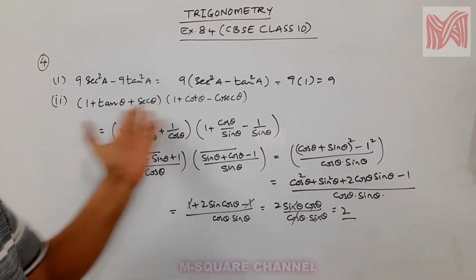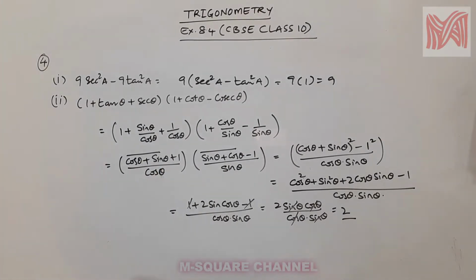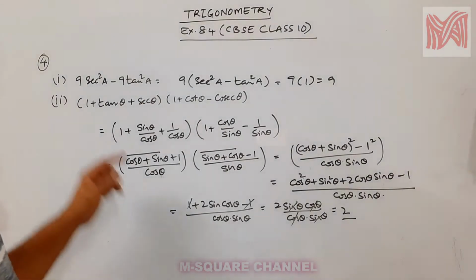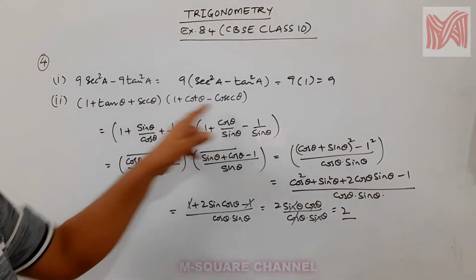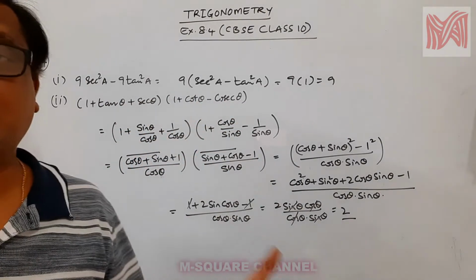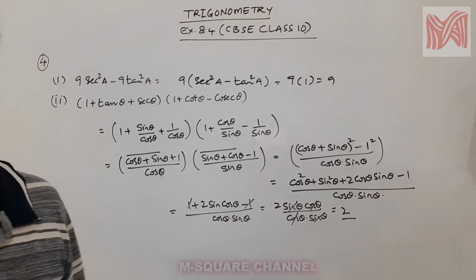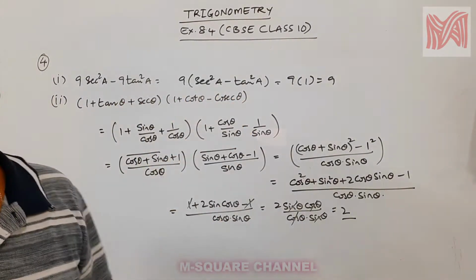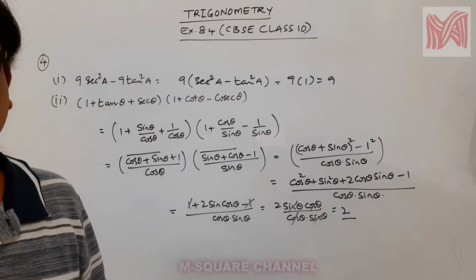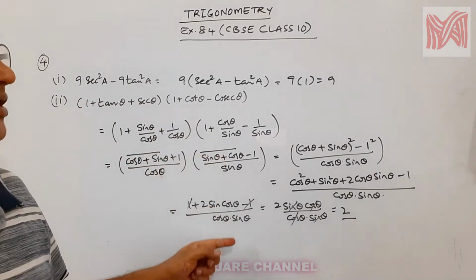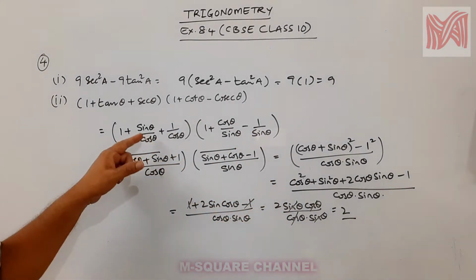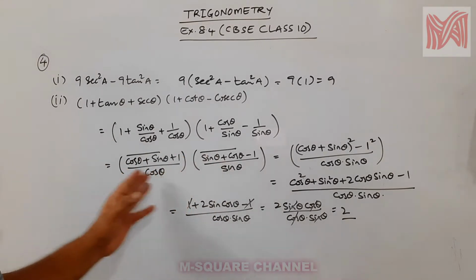Some people are doing direct multiplication, but be a little bit careful while you are writing secant theta into cosecant theta, tan into these three, secant into these three, which is a little bit of a problem, because this is a big size problem if you are doing multiplication like that. So think which one is better. So here, if you change into sin and cos, sometimes it works. So you can think, and this is one of the best methods while you are doing this math.